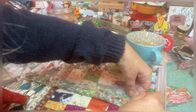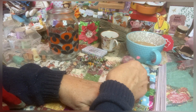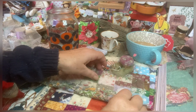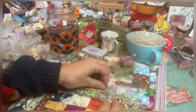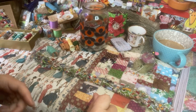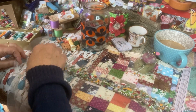Right, let's pin that. I want to pin it down the sides, and I'm going to clip it or pin it at the top. So hopefully, as I travel around the house or out and about with it, I don't get any bits everywhere. I remembered before I pin it, I'm going to ask Flo if I can borrow or use